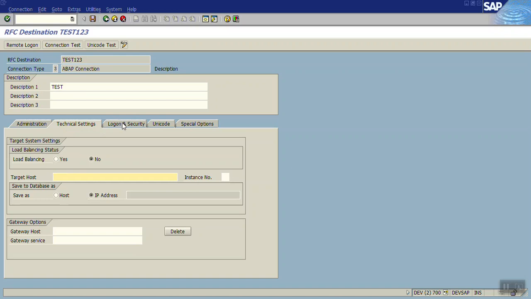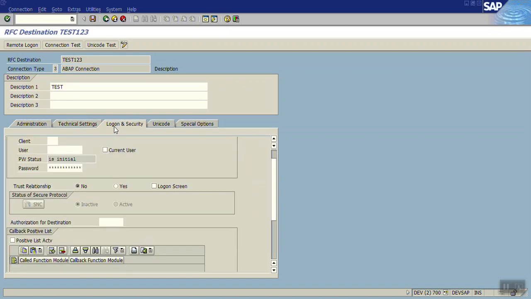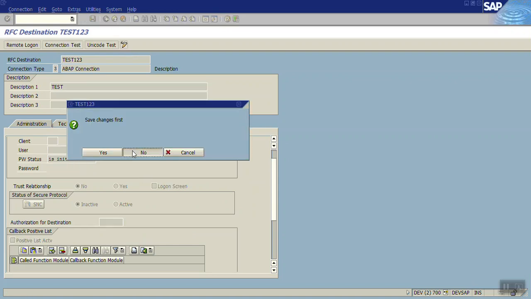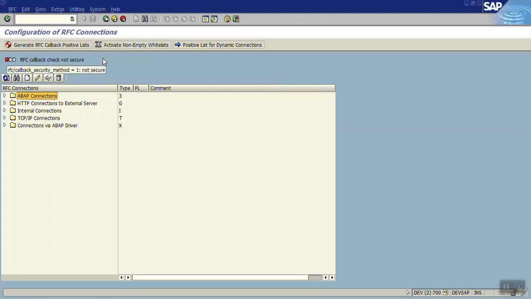Then in the logon and security tab, we have to give the client ID, user ID and the password. Once this setting is done, we have to do a connection test. If the connection is successful, this means that the RFC destination is created successfully. Without an RFC destination, we cannot transfer the data.